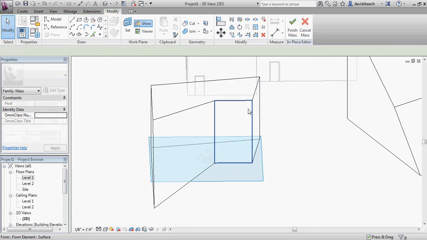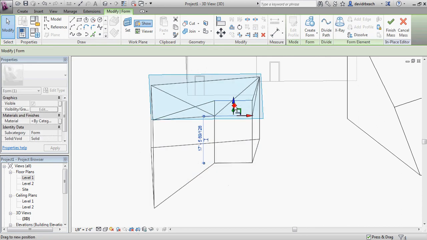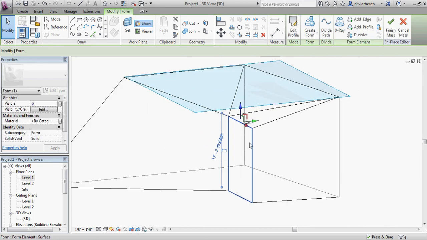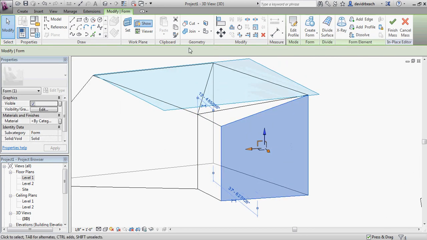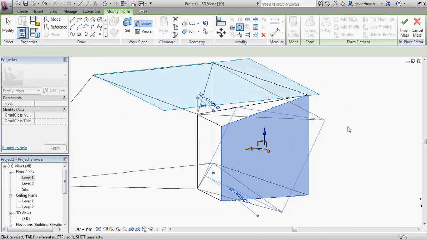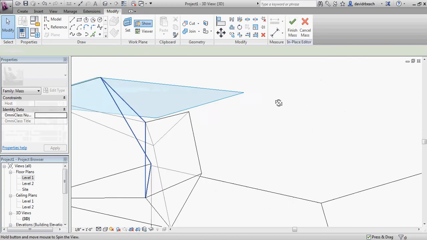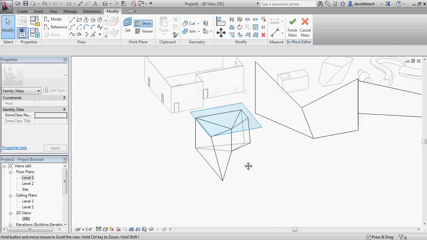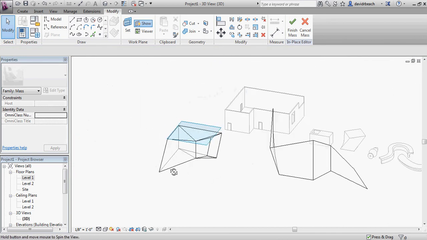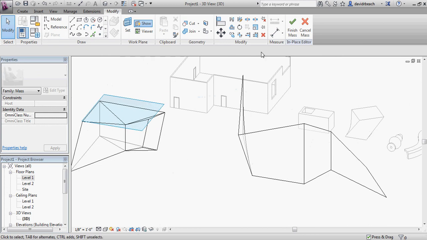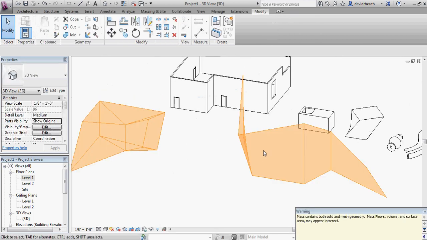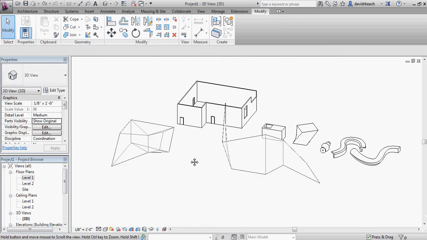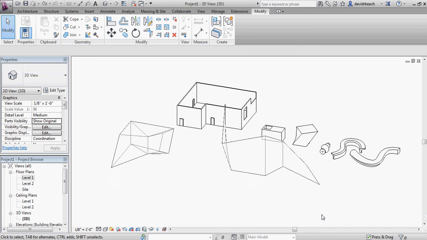I can select lines on the object to modify the shape. I can even select a surface and rotate that surface in its axis. So I can build up really, really complex shapes doing that. I can also get really carried away and ultimately end up with things like blobs without a lot of design intent. So as soon as I click Finish on the massing component, I get a little warning sign that basically